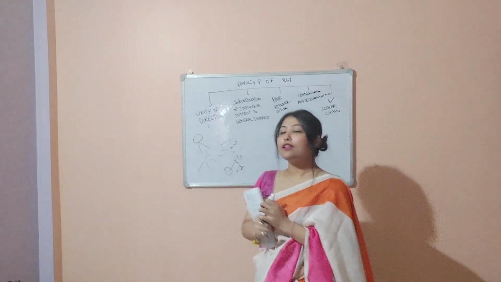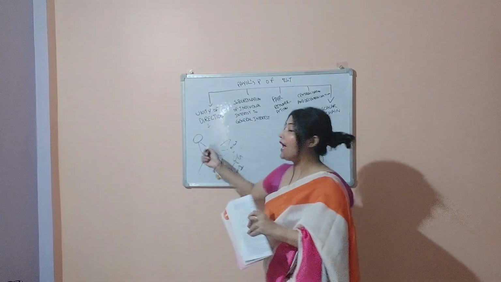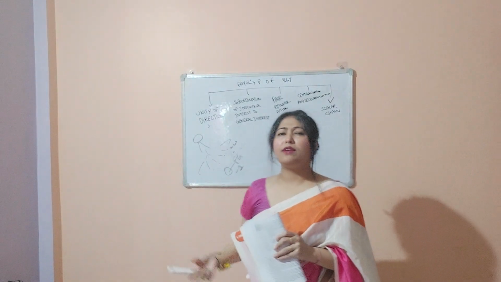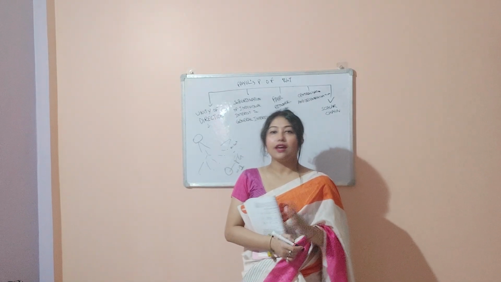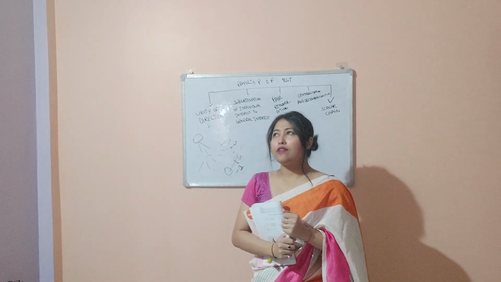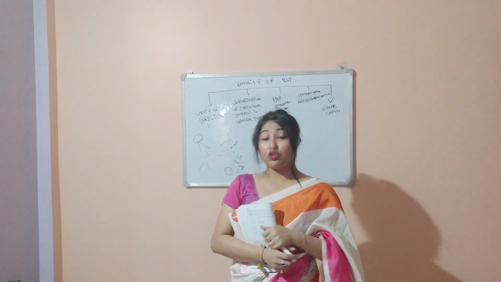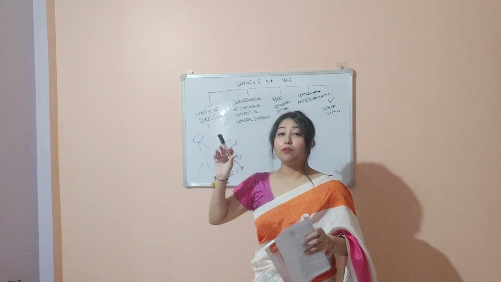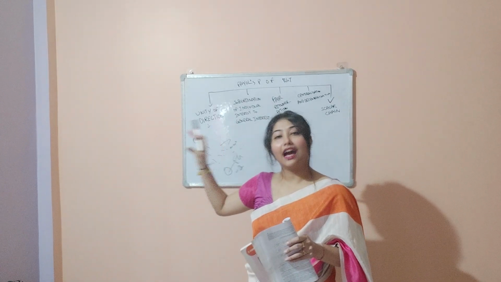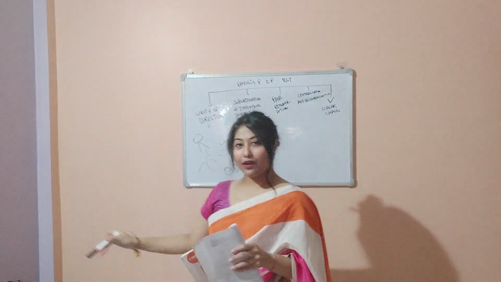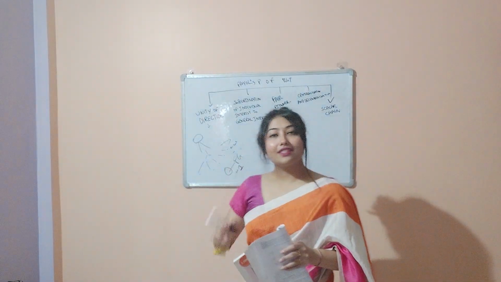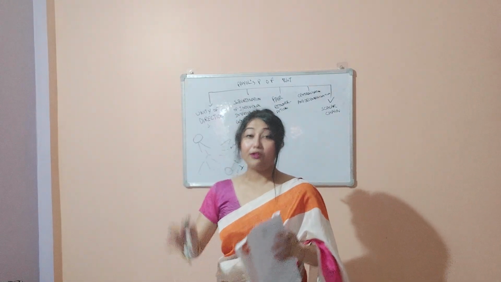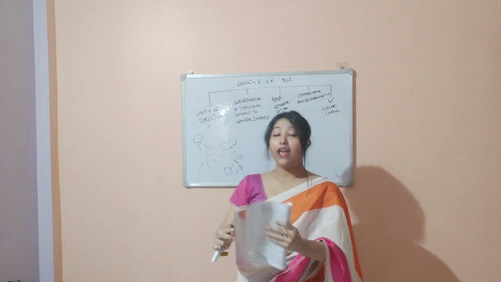So what is the goal? The goal is common, and one head will be there, who will be the CEO, or I would say the top-level management people, who provide the same policy and guidelines to each and every department so that they can achieve this goal. So this is unity of direction. That means common interest, common goal.